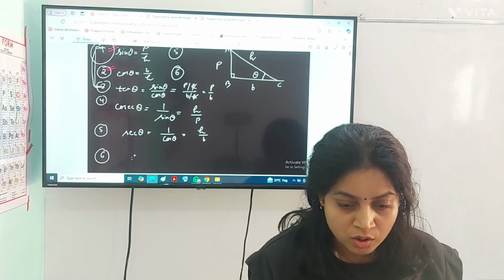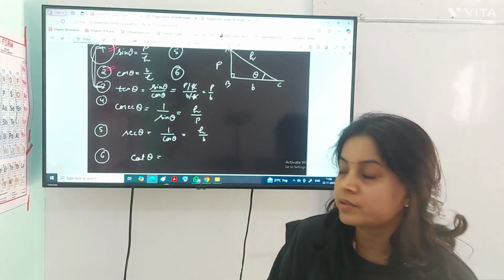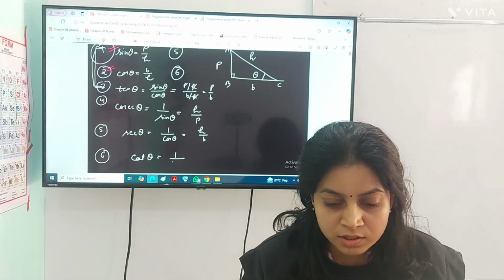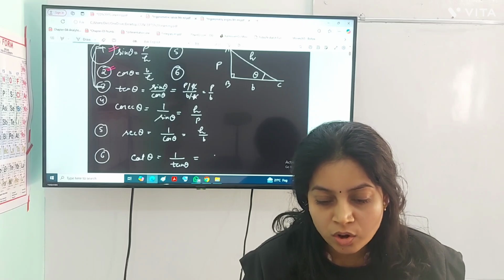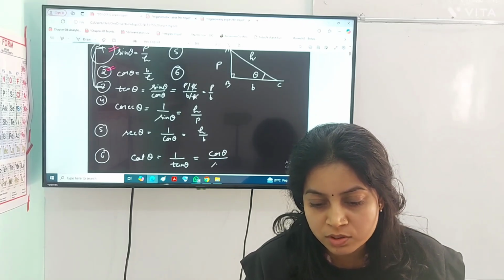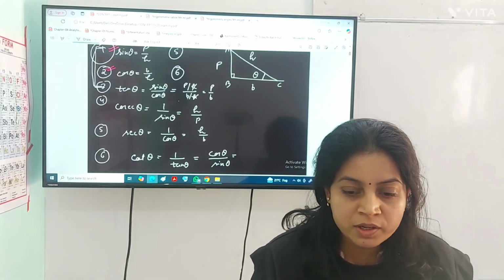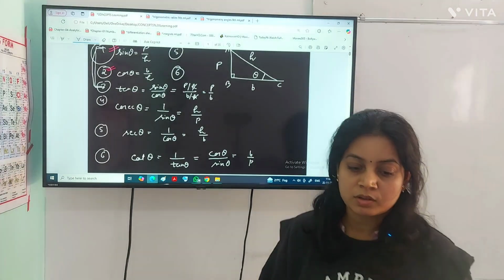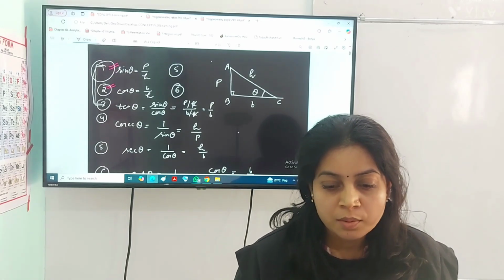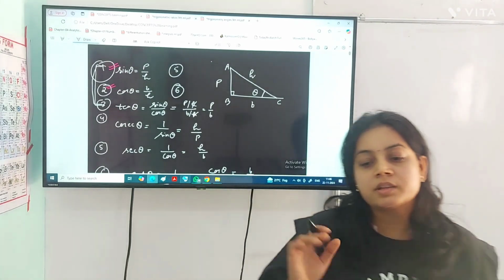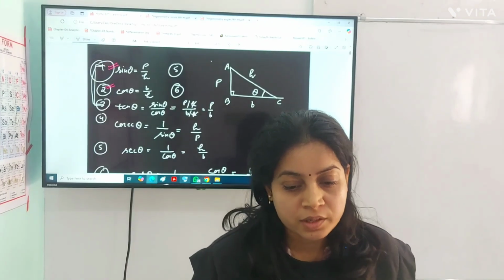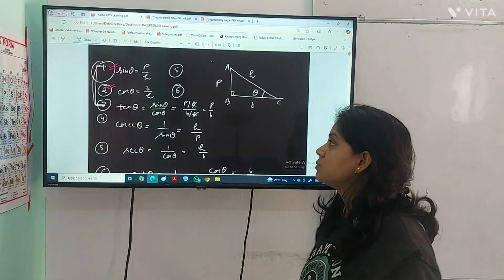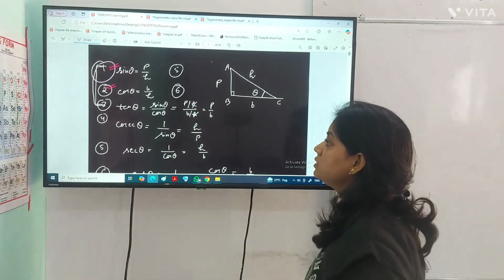And the last one is your cot theta. So cot theta I can write it is a ratio of cos theta upon sin theta, or you can just say that it is the reciprocal of tan theta, or you can write it like cos theta upon sin theta also. So what it will be? B by P. That means base upon perpendicular. So these are just simple 6 ratio by which you can find any other values of sine, cos, tan, right? तो अगर simply मैं बताऊँ तो sine theta and cos theta are most important. Rest of the things can be find out by these two.